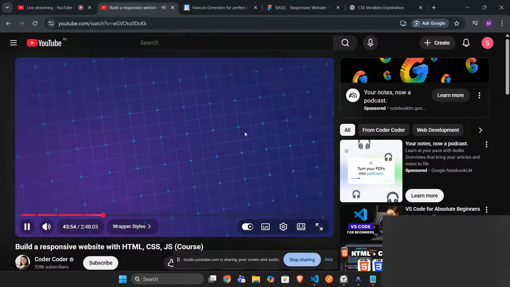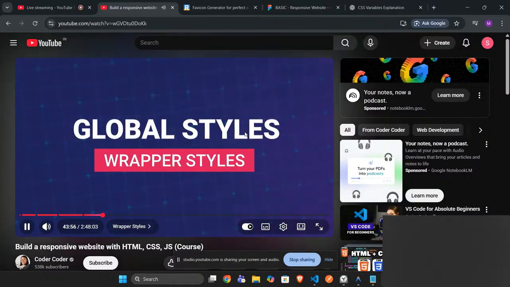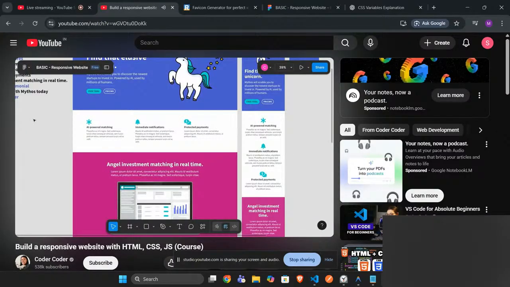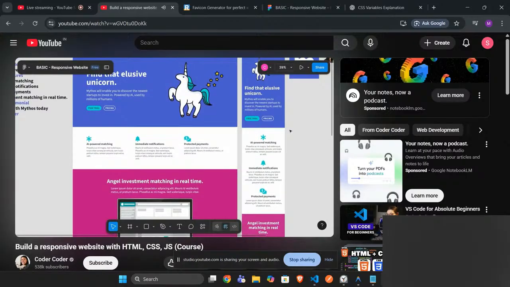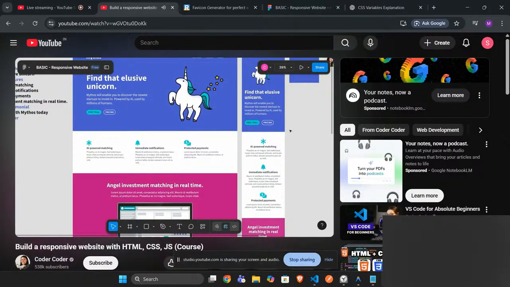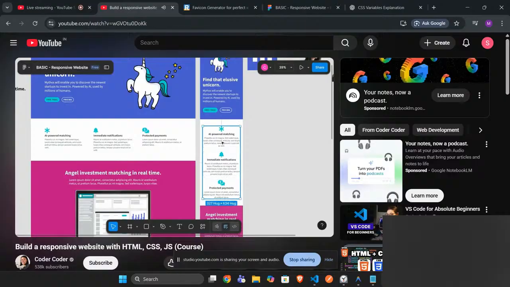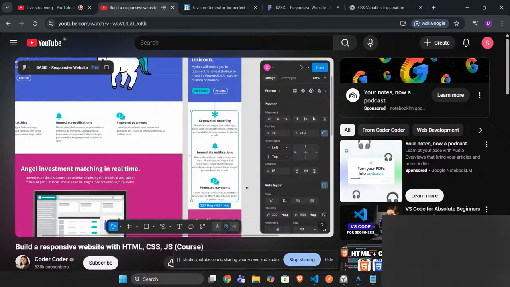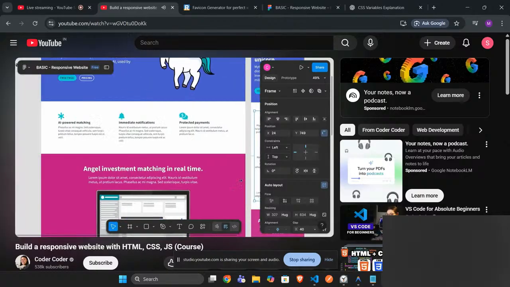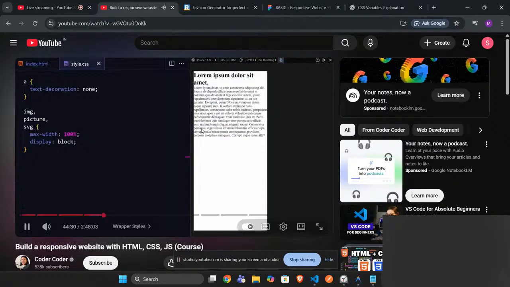Another global style that I like to set up is the wrapper styles. By wrapper, what I mean is if we look at the design, all the text and image content on the website is limited to a specific width, and it's not going to go wider than that. On mobile, if I select some of the content on the website and hold down Alt, it tells us that there's 24 pixels of space on either side. And if we go to desktop and do the same thing, we have the content limited to 1200 pixels wide, and then any additional space will get added to the left and the right sides equally, keeping the main content in the center. In our styles,